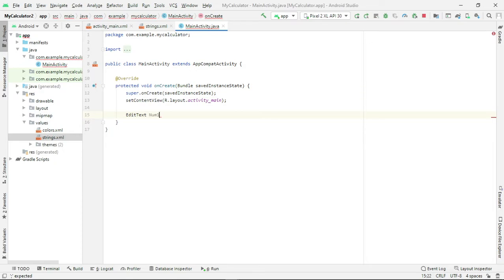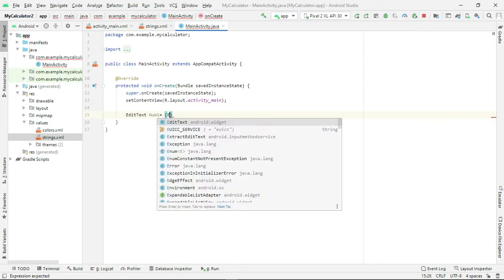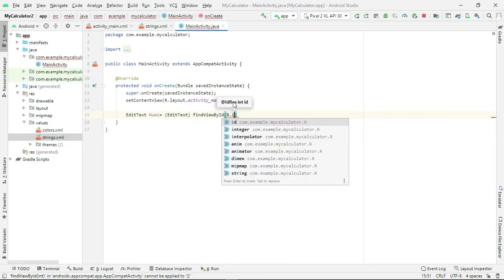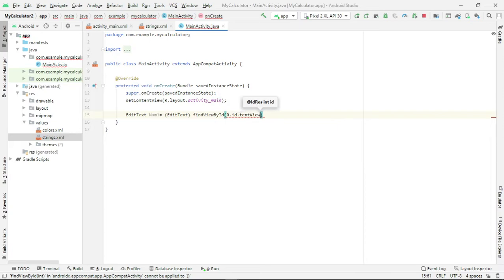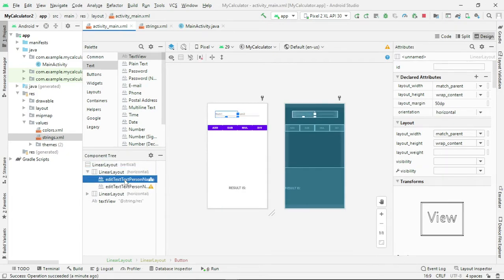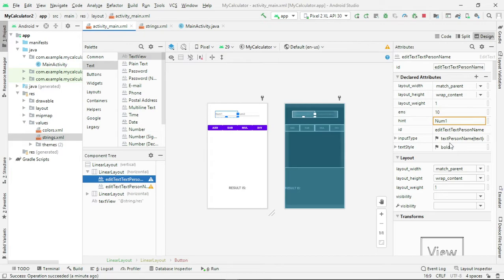Variable name is num1. Find view by ID. So what's the ID? R dot id dot text view. Let me check what the ID is. So it is not a text view, it's an edit text, right?